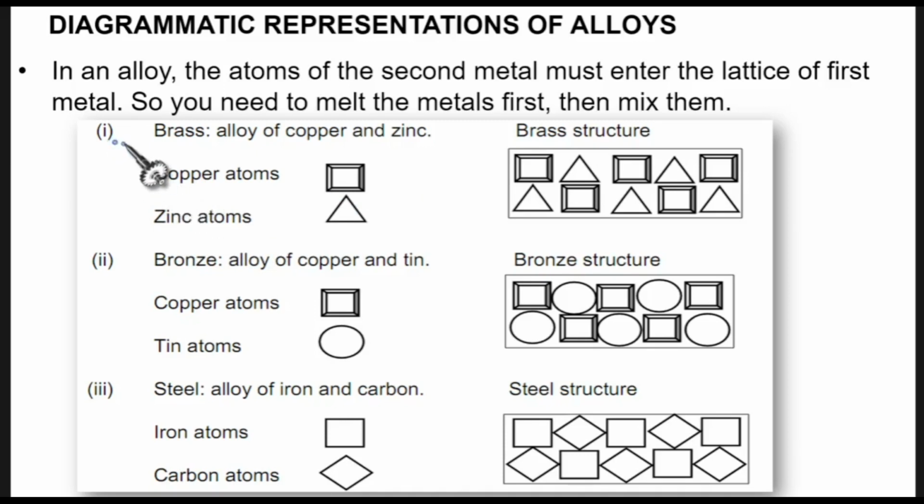For instance, we talked of brass alloy, which is an alloy of copper and zinc. Let's say copper atoms are represented by this shape and zinc atoms by this shape. In a brass structure, when they combine to form a brass alloy, this is how the structure is going to look. If the first atom is copper, then the second will be zinc, the third copper,